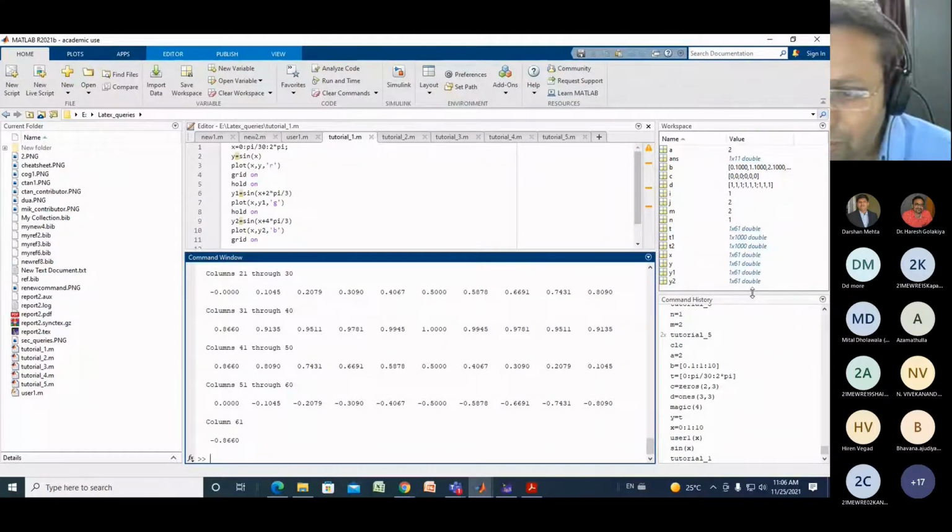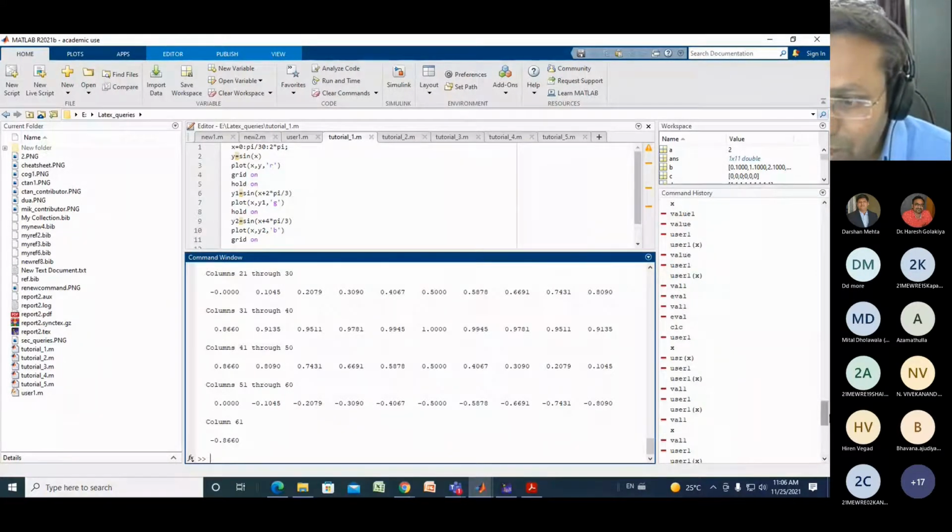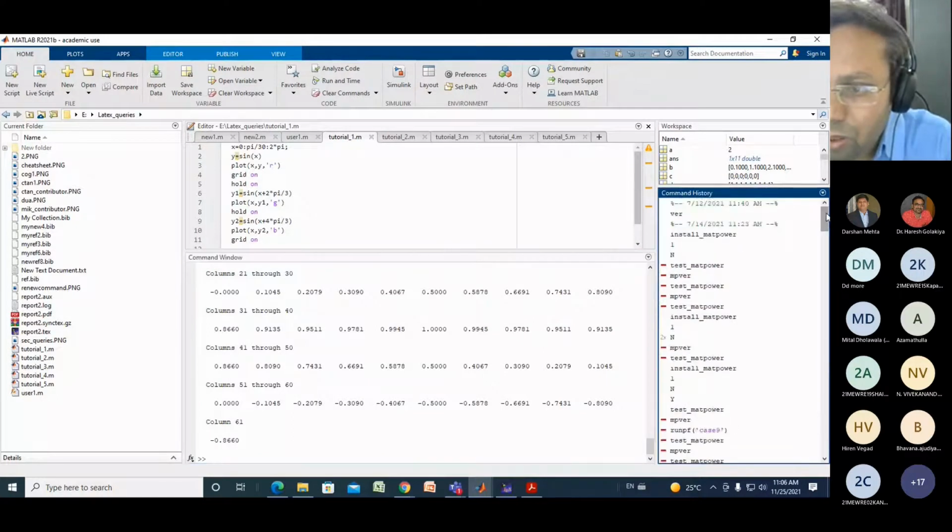What is the meaning of command history? Whatever commands you have typed, it will store the history of all commands with date and time. So I will show you. This is known as the command history. For example, it will keep the history of all commands which you have typed in your command window or run in your function file. See, it shows, for example, 12/7/2021 at 11:40 am. You have run this command, so it will save it and show you with a date and timestamp.